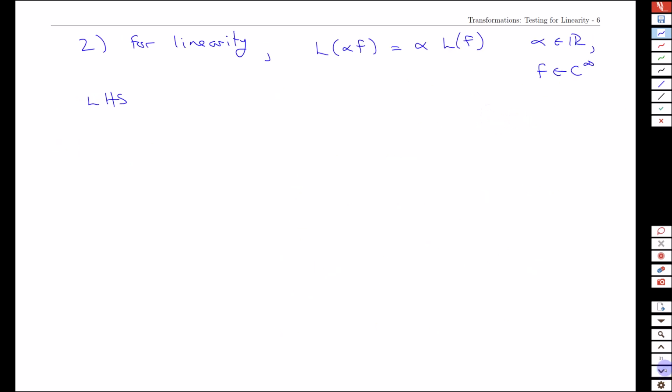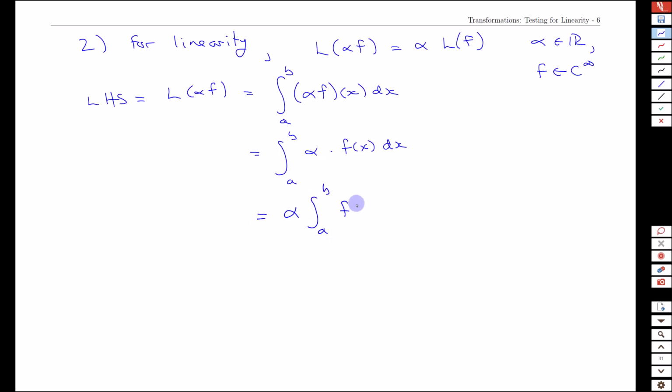All right. So the left-hand side here is L of alpha f, and that is equal to the integral from a to b of alpha f of x dx. And again, we have definitions of what we mean by scalar multiples of a function. This is the same thing as alpha times f of x. And once we've done that, if I have a constant and I have an integral, I can move the constant out front of the integral. And then we recognize that this integral from a to b of f of x dx is exactly what we mean by the